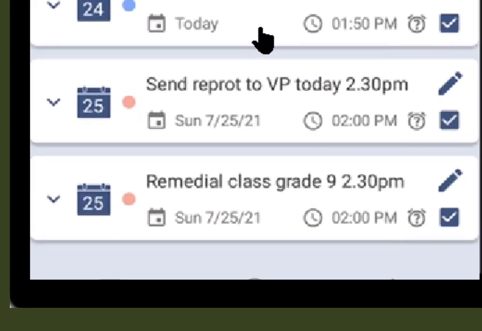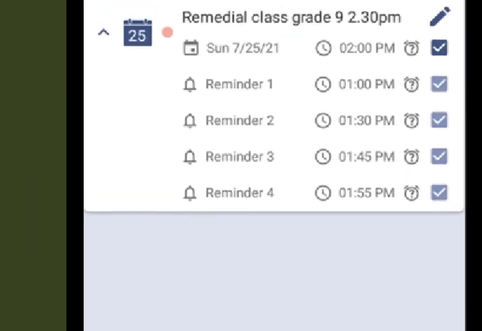See here, you can see the remedial class, grade 9, 2:30 p.m. It was automatically added to this application. And you can check by clicking here at which times the notifications come. Here you can see reminder 1, 2, 3, 4. The reminders run from 1 o'clock till 1:55, four reminders will come.